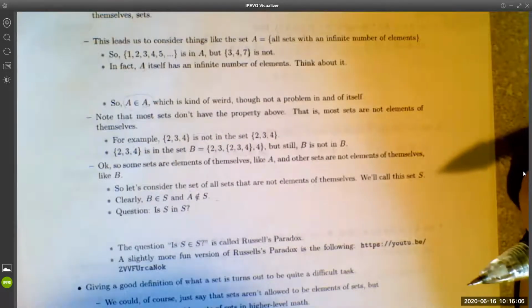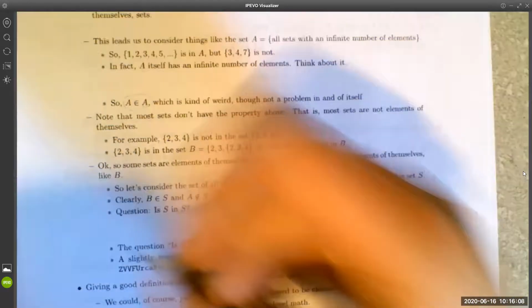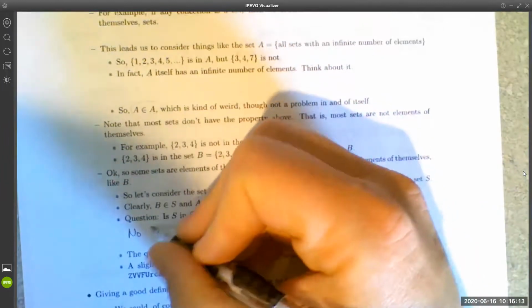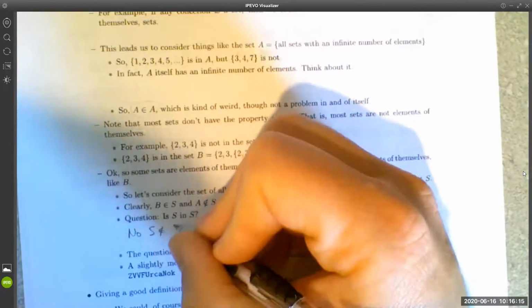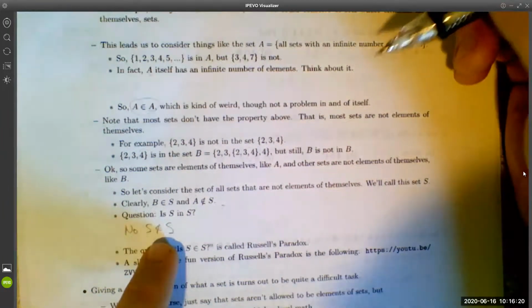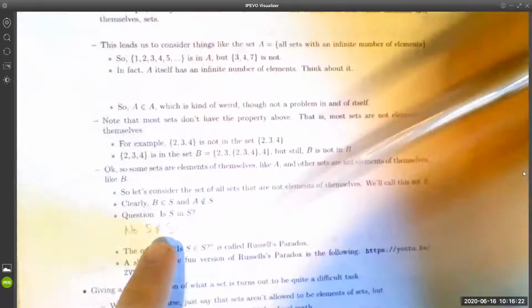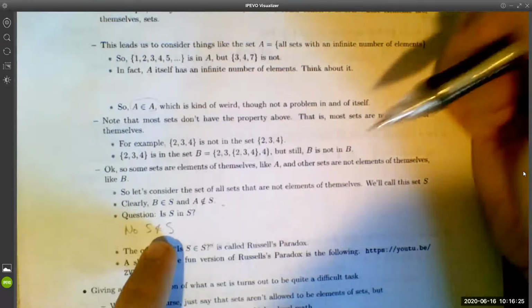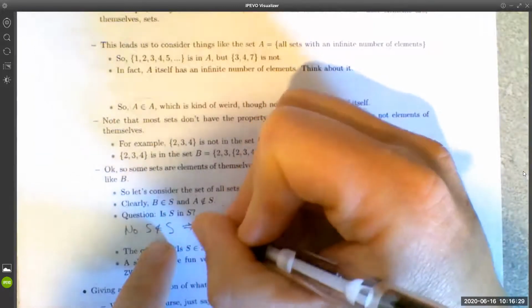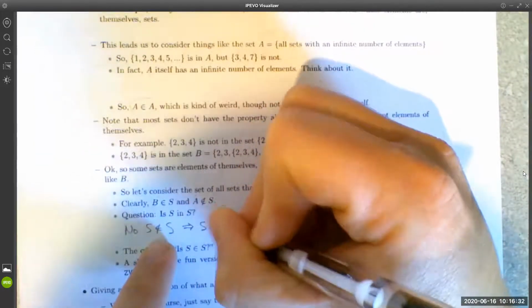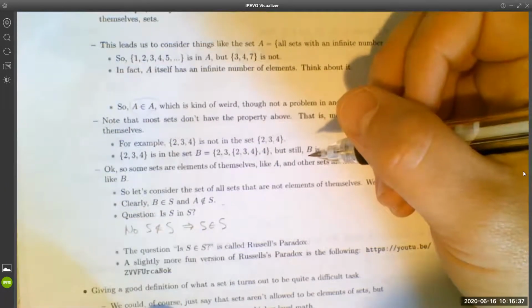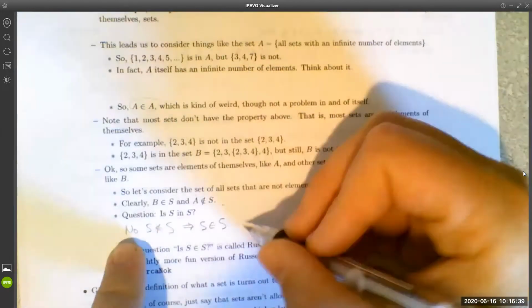Right? Well, if we say no, then S is not an element of S. But then if S is not an element of S, then S satisfies the one and only condition necessary to be an element of S. So then this would directly imply that S is an element of S, which is of course a contradiction, right? So then you think, okay, so the answer can't be no,